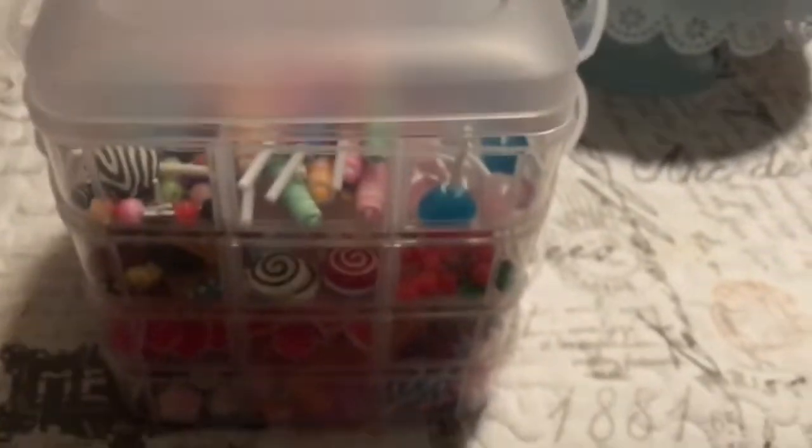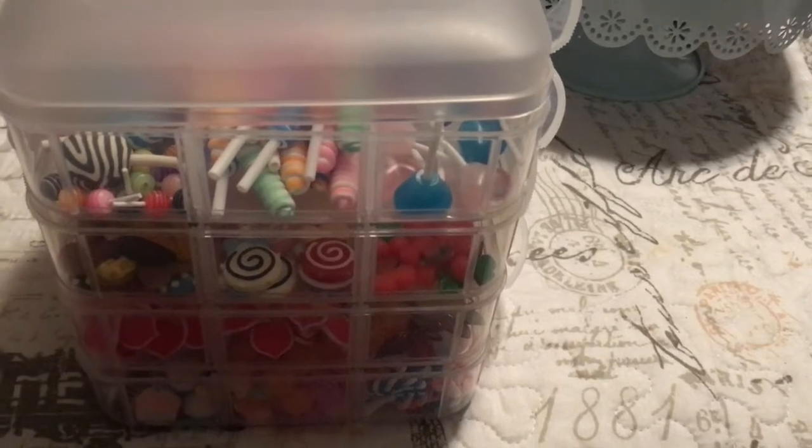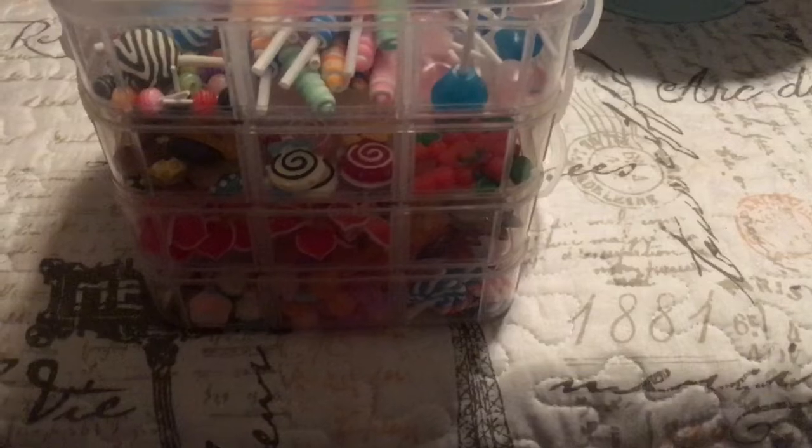And then I just wanted to mention that this little container that you see, you just have to snap it. I can't do it with one hand. And then it has like a little lid on it here. And I bought this from the 99-cent store. I think it was $3.99. So this is a good investment because you have different